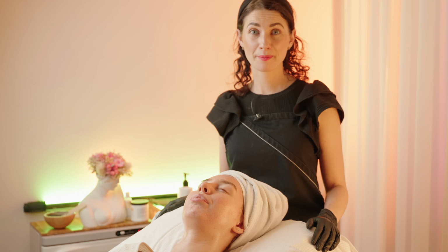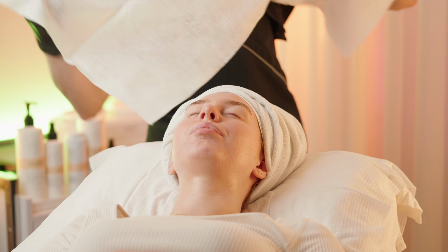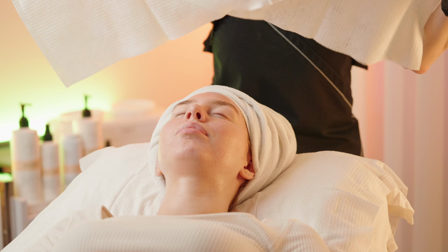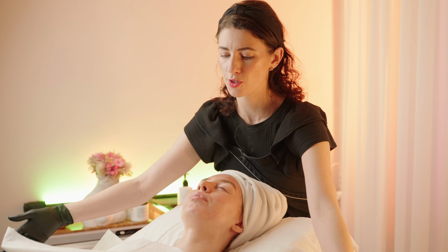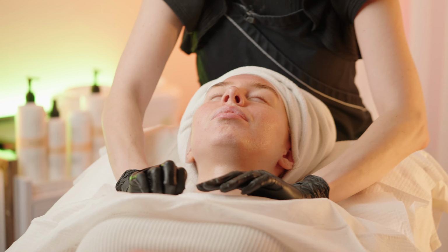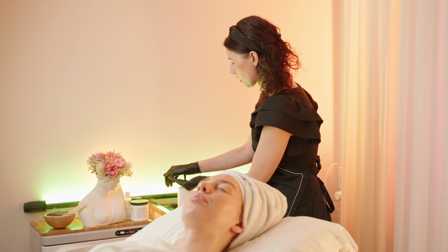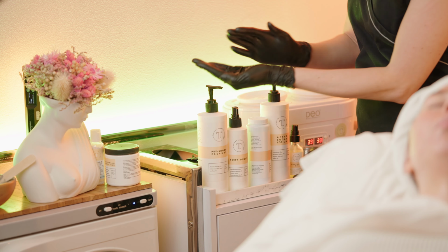So now we have our model here, and I'm going to show you how I prepare my client's skin. First things first, before we get started, we're going to apply one of these scrummy towels across her shirt, making sure that there's no sugar flying onto her clothing. So she's all ready. And now I'm going to cleanse her skin, taking approximately 2 pumps of the pre-sugar cleanse,